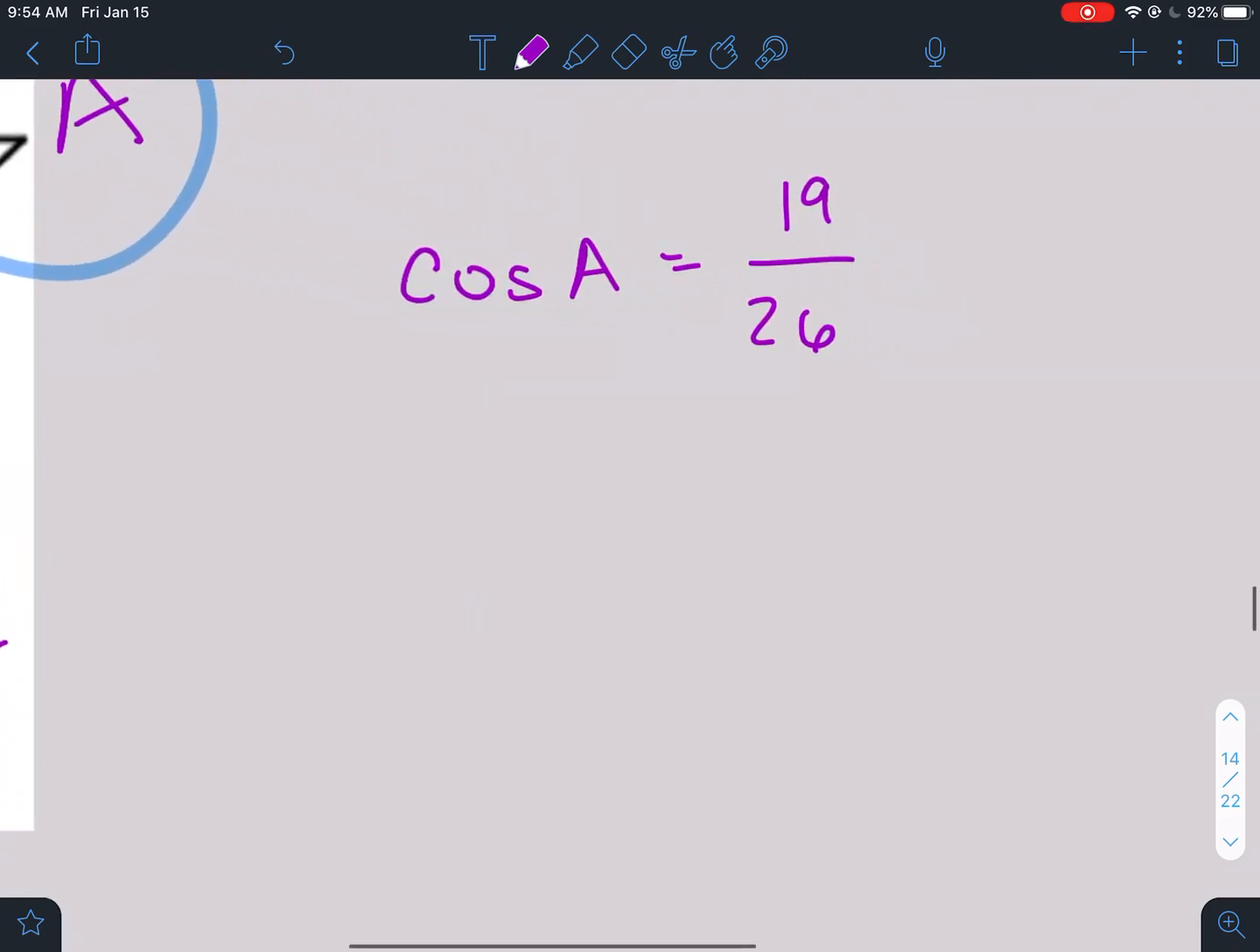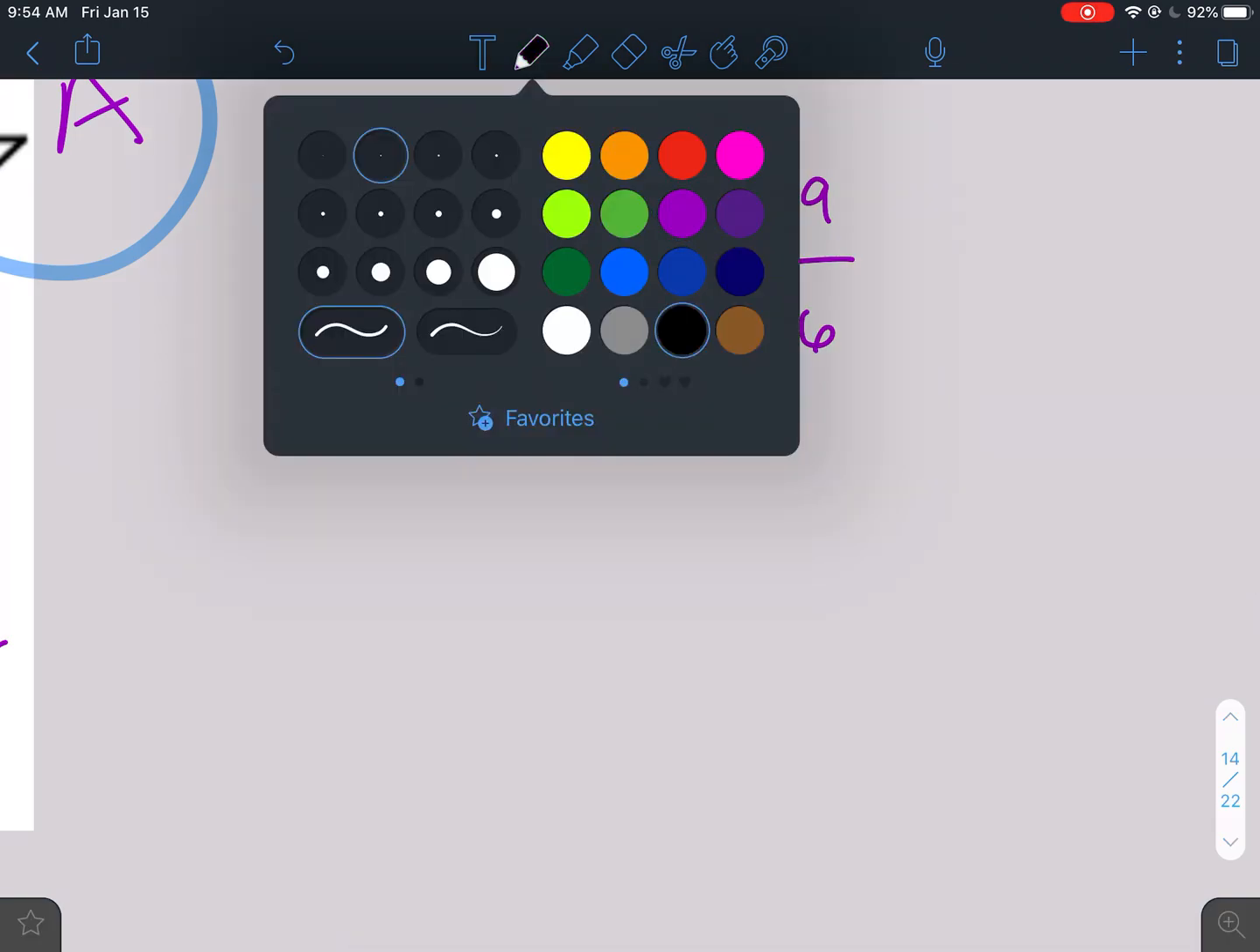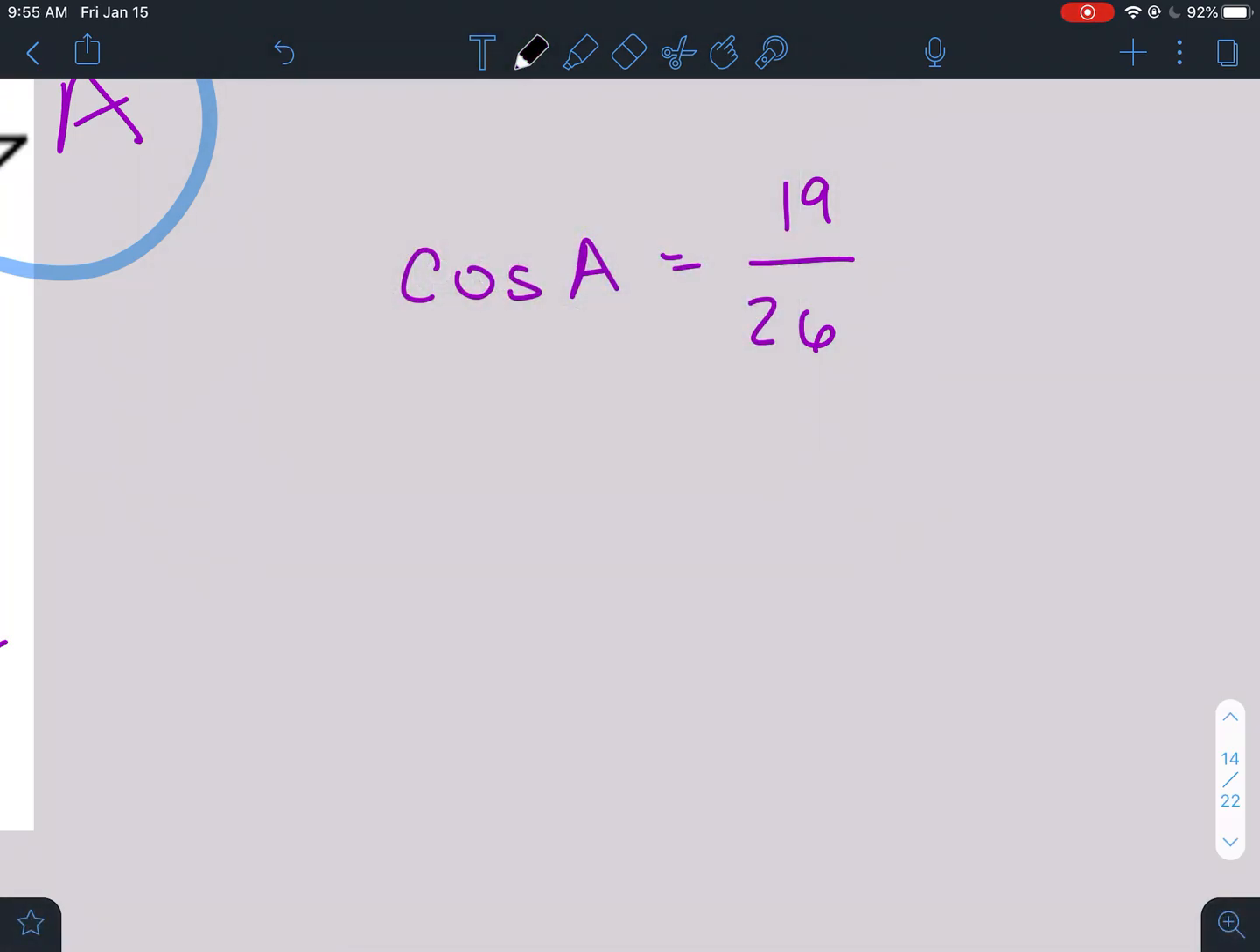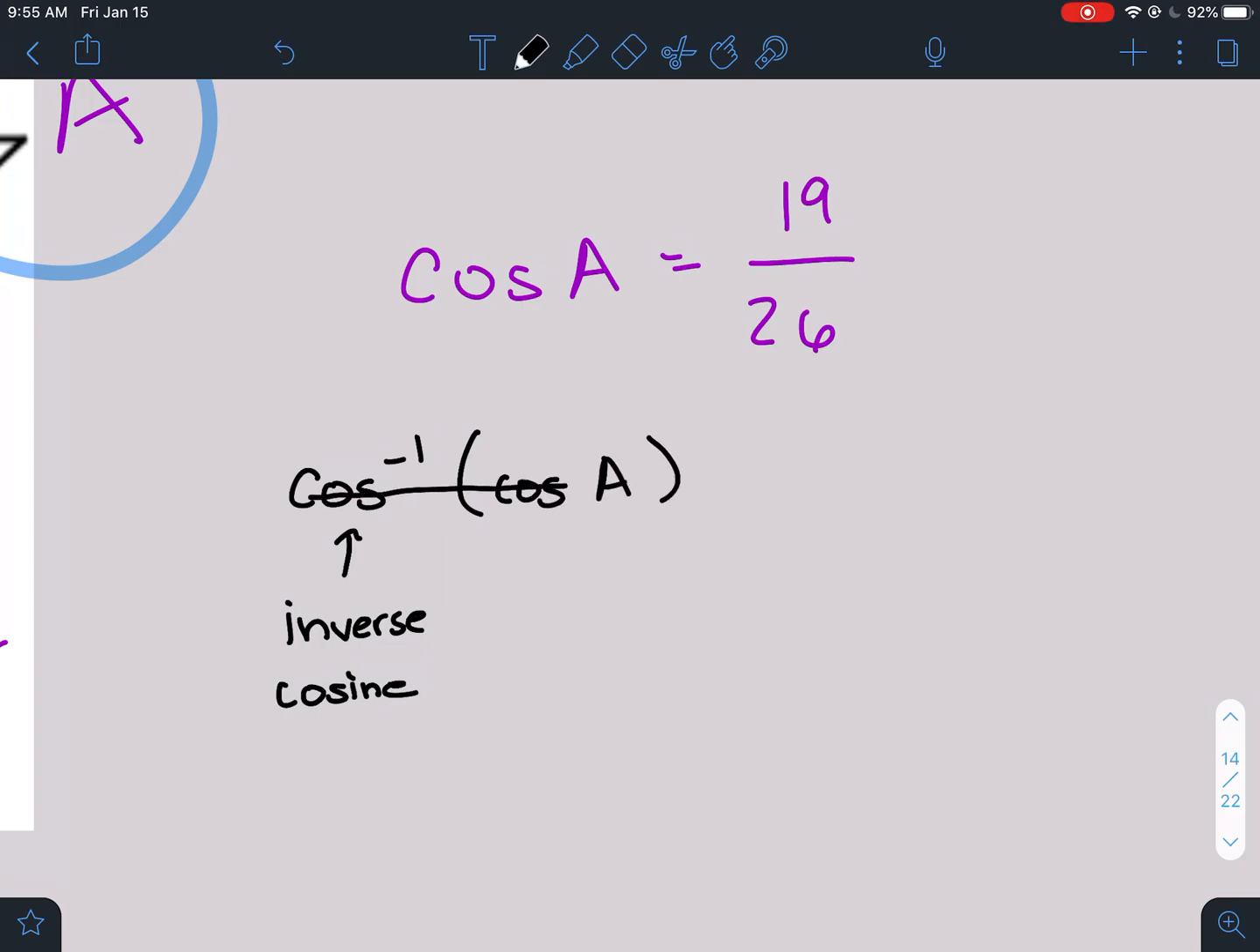Well, I need to solve for A, and right now I have cosine A. Well, you can undo or take the inverse of cosine. The inverse of cosine is a button on your calculator, and it looks like this. So that cosine that has that little -1 up above it, we call that inverse cosine. So if I take the inverse cosine of cosine A, the inverse cosine and cosine cancel, and I'll just be left with A. But whatever you do to one side of the equation, you have to do to the other side. So I'm going to take the inverse cosine